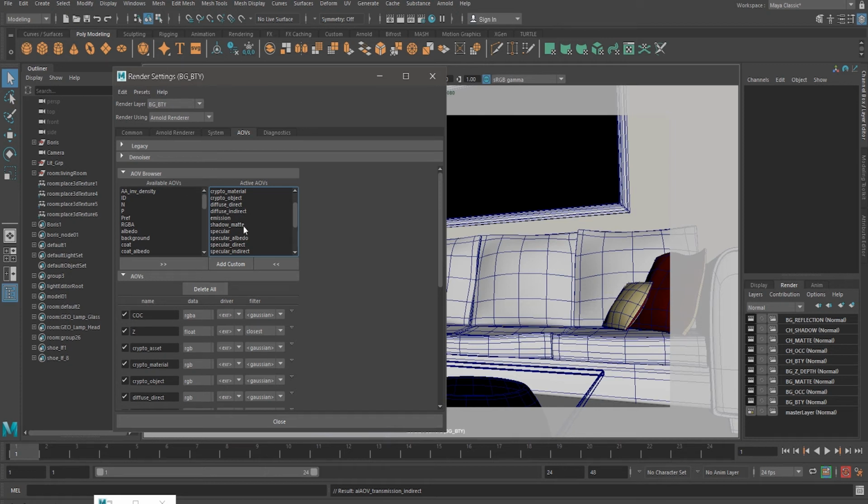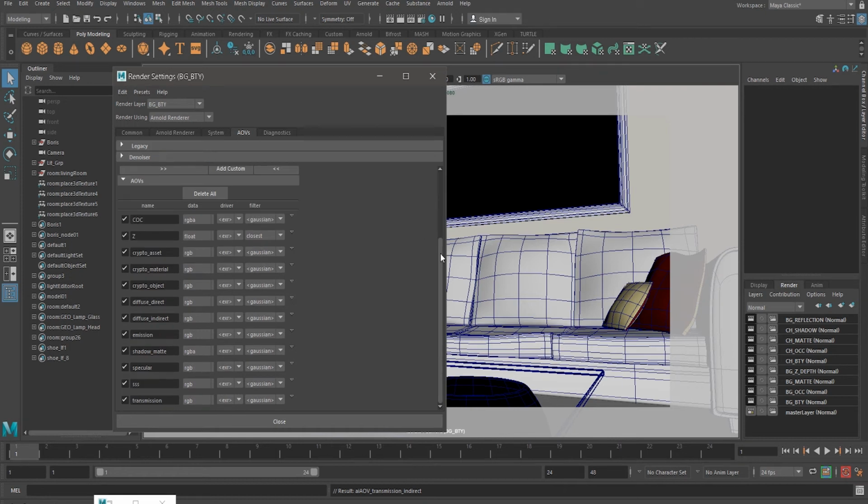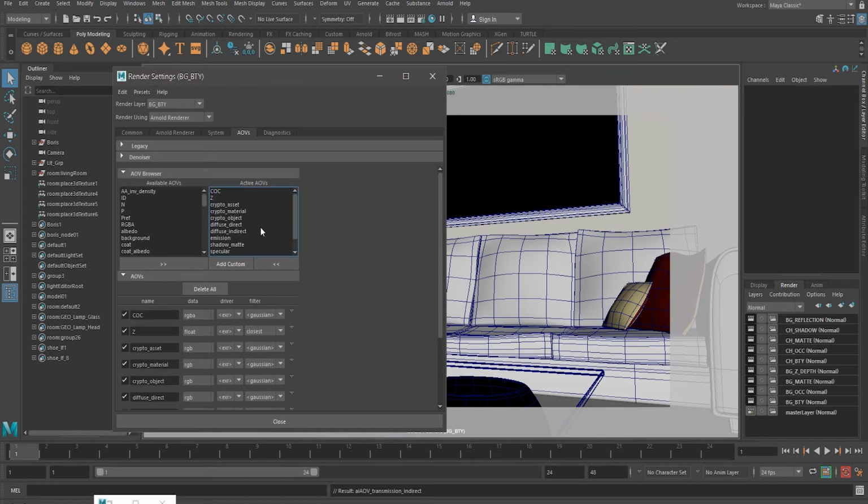Shadow matte, of course we will need it later on other layers, not in this particular layer. Also I will keep specular, and I will remove all these. Then I will also keep only triple S, also only transmission. Okay, so this is it. These are the main 5 to 6 AOVs that we will need.